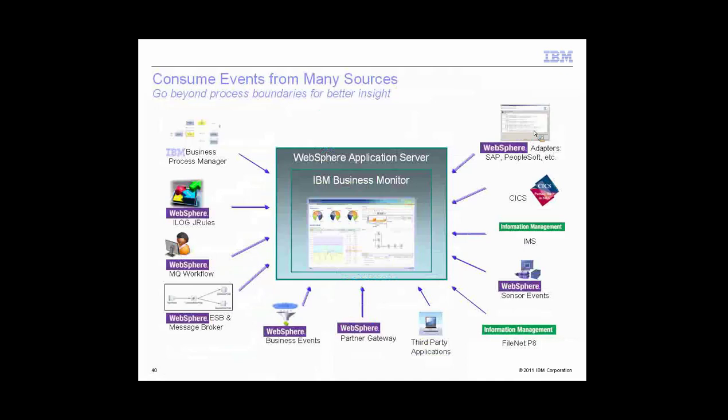So our tool for this is called IBM Business Monitor. Clearly, IBM Business Monitor comes pre-wired for a variety of our own technologies, but it also works with third-party applications. So that means it can work with our competitors' products. It also means it can work with your own applications that you have inside your house. If you can get to the point where you can put an XML message on a JMS queue, then there's a wizard in the tooling here that allows me now to start to introspect that and then bring that into this environment